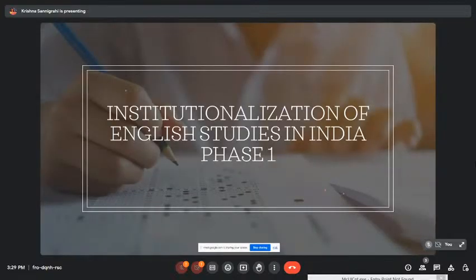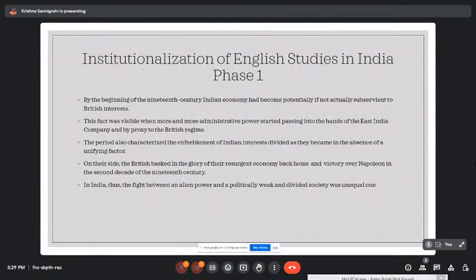And then began the process of institutionalization of English studies in India, and we are discussing the main ideas of phase 1 only. So by the beginning of 19th century, Indian economy had become potentially, if not actually, subservient, because they had become a colony to British interests. So this was visible